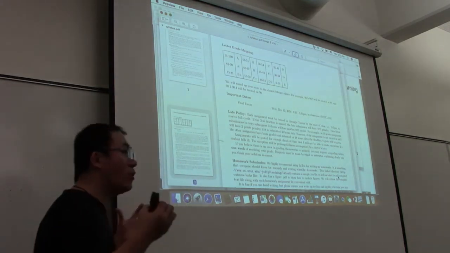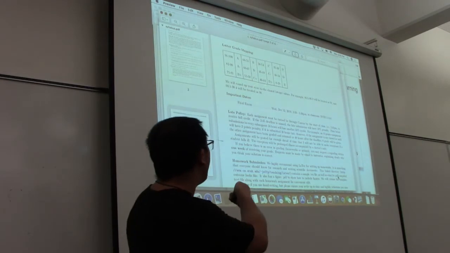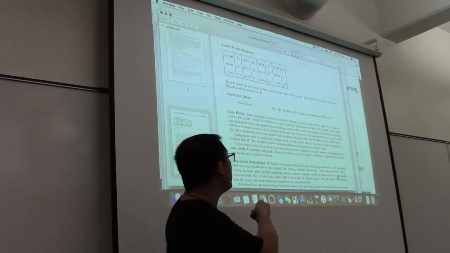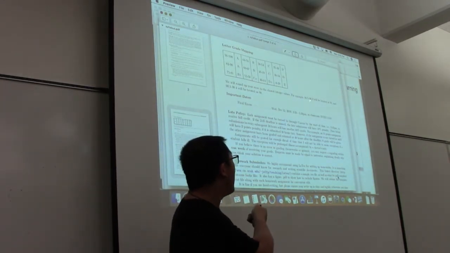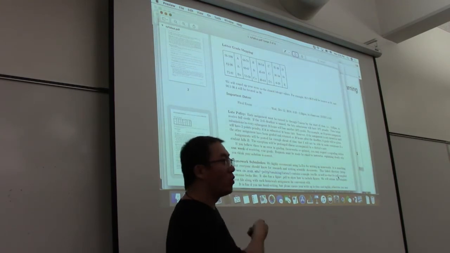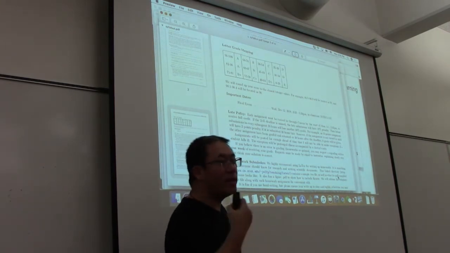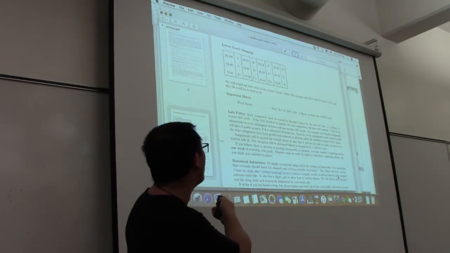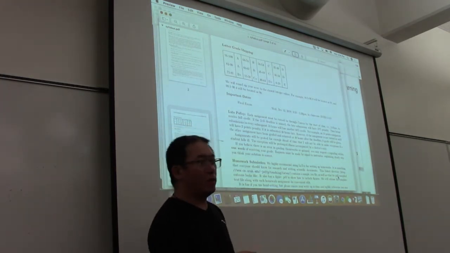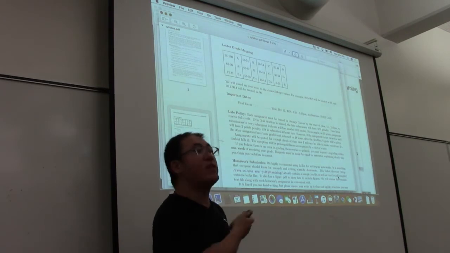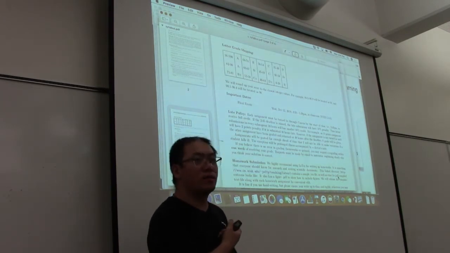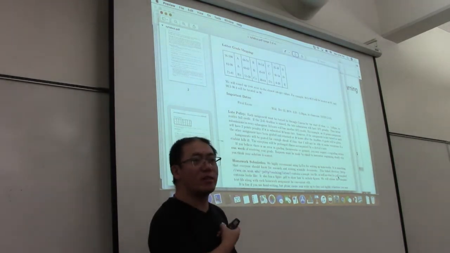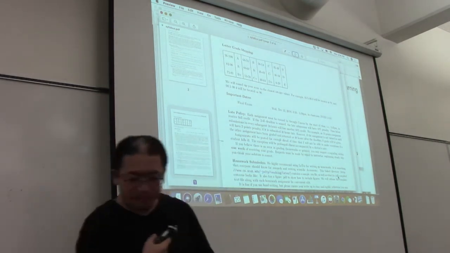So here is the policy. We use the typical rounding strategies. Say if your grade is between 90.5 to 90.9, then we'll round it up to 91, which means that you get an A. Otherwise, if it is between 90.1 to 90.4, then it will truncate to 90. Then you stay in A minus. That's the strategy.